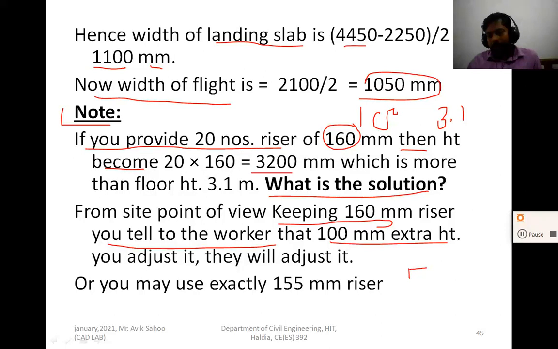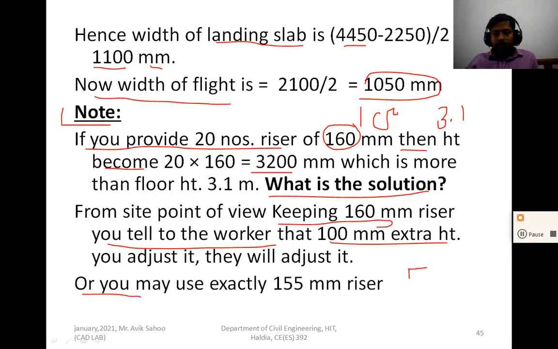Different risers are used, but we cannot feel this height because of 5 mm. We cannot feel a 5 mm or 10 mm difference in each step. So you just leave it to the worker, the labor. They will adjust it. So there is no problem.